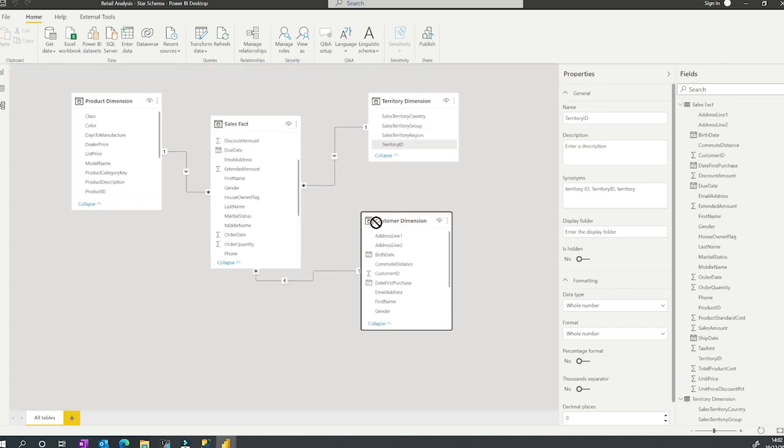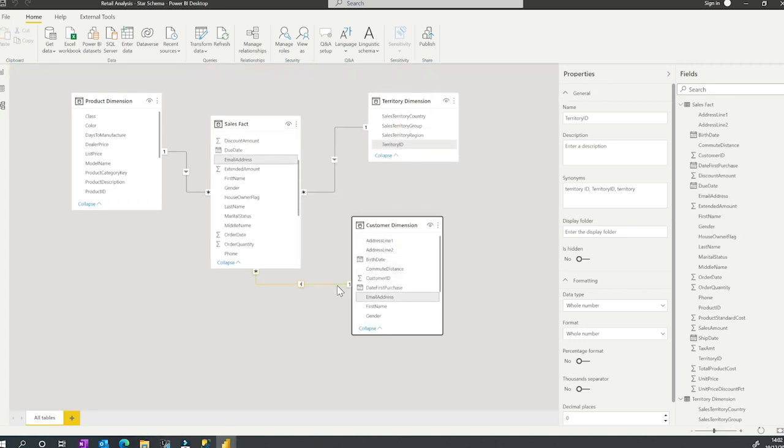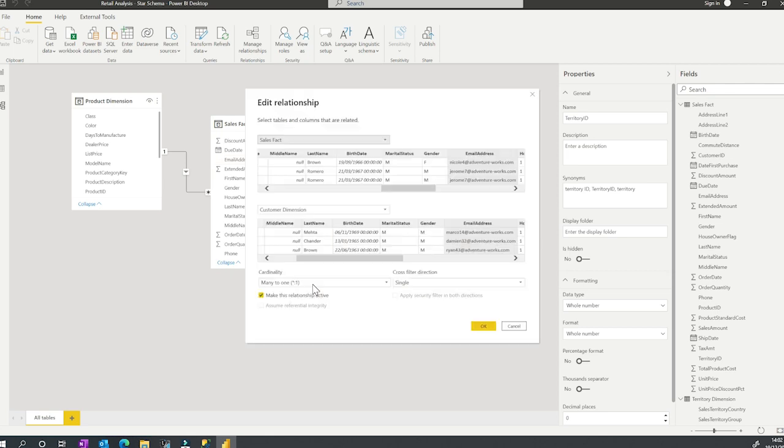So here is our customer dimension, and notice it's created a relationship between these two tables. And I'm glad this happened, because this is something you should always be aware of. Sometimes Power BI establishes a relationship between two tables if it finds matching columns, and by that I mean through the naming convention, right? So if I double click on that, we know that it should not be based off